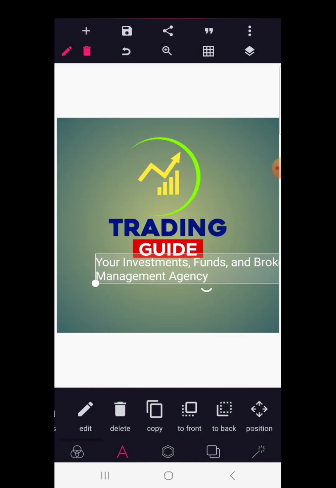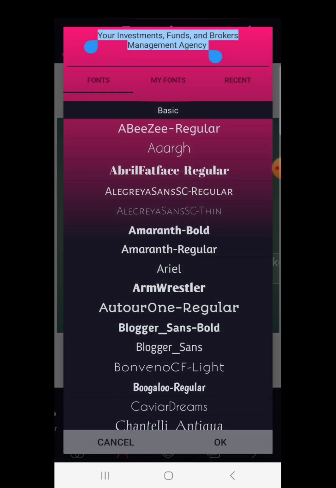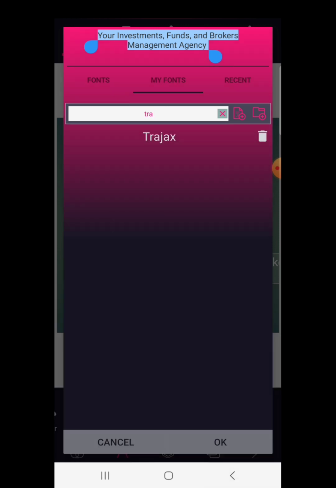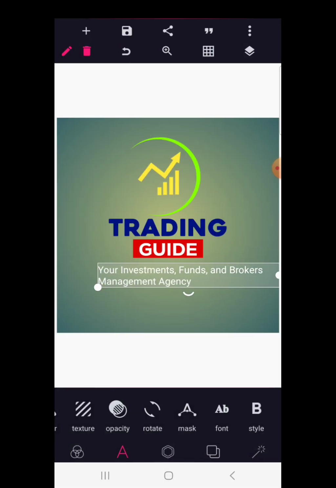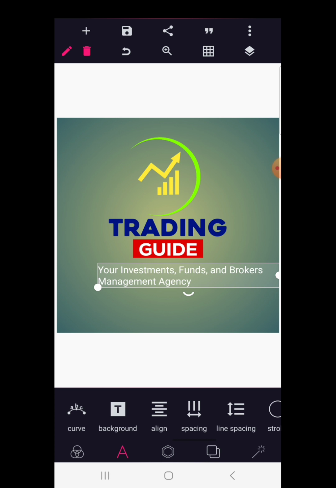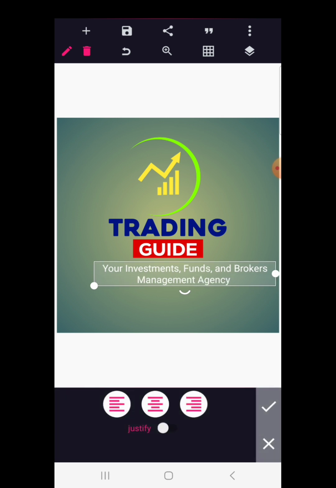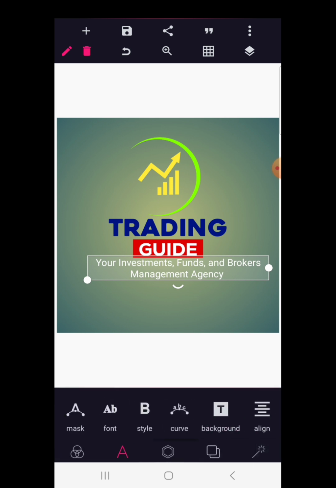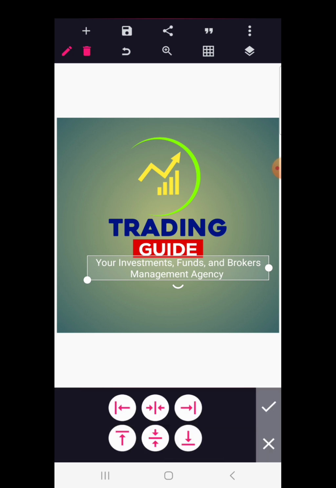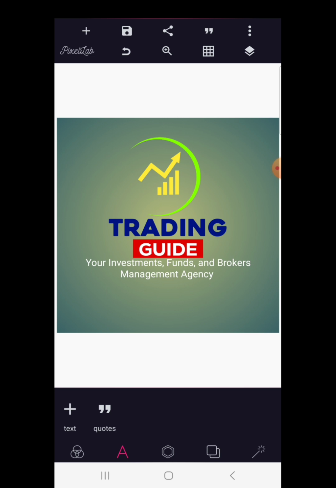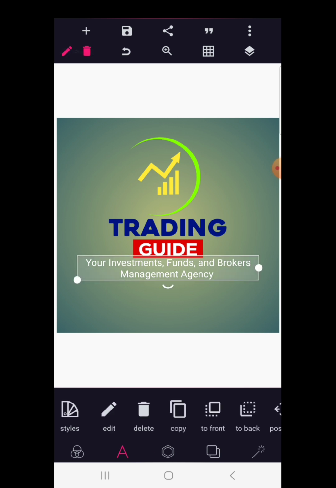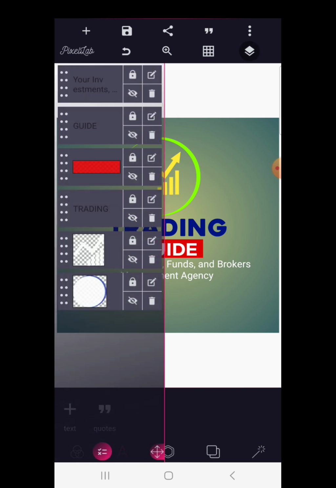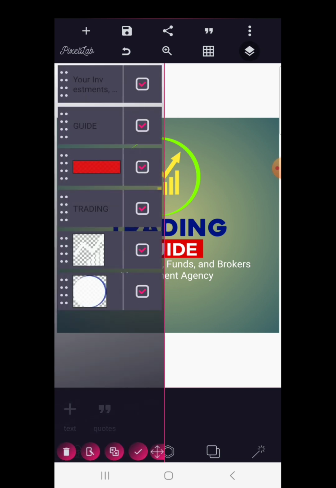Shout out to them. Go to your font area, use the font called Trajan, reduce it in size a bit, and go to alignment. Use a middle alignment for this text. Nicely position it like so. Using relative position, make sure it's stuck to the middle of your work. Okay, so we're going to shift every other thing up so that we can have some good space below